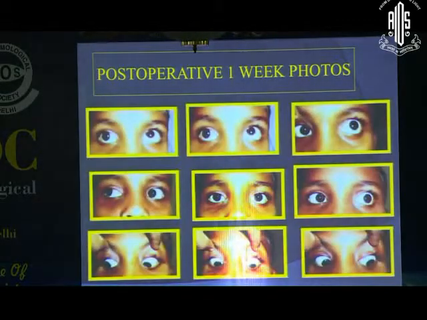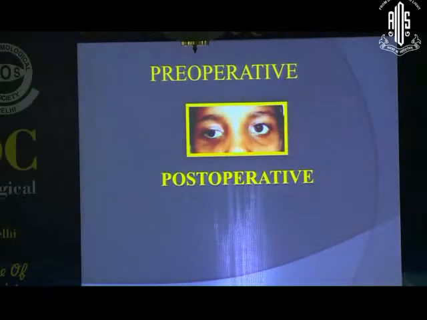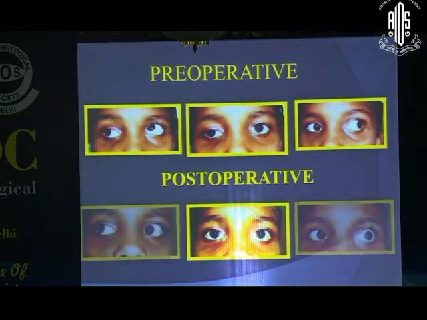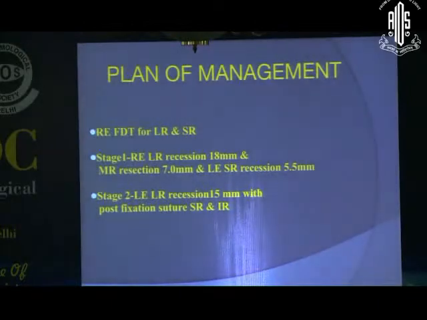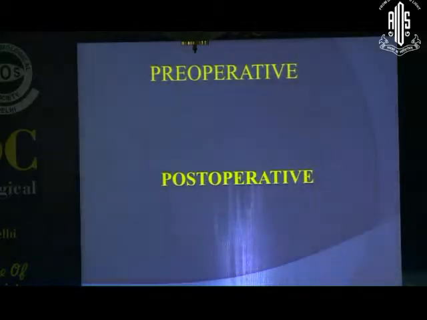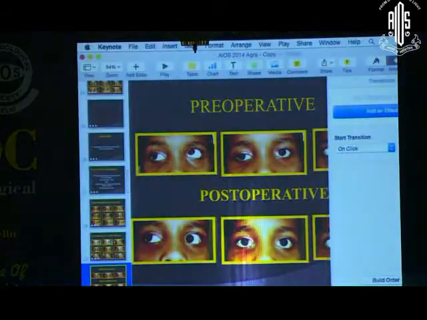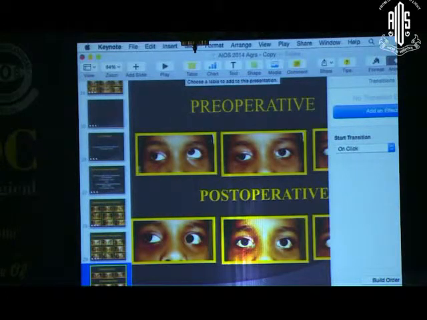This is the 1 month post-op photograph, and this is the pre and post-op comparison, where you can see the lid retraction has been corrected, and the ptosis has been corrected along with the exo and hyperdeviation. So this highlights using the other eye for taking care of the aberrant regeneration, and actually you have a better option, because then the aberrant regeneration corrects the lid.